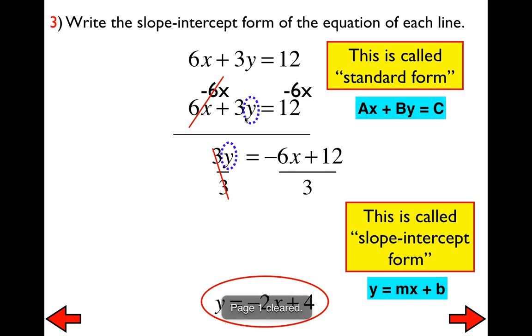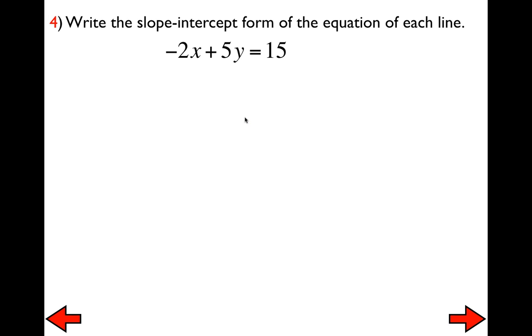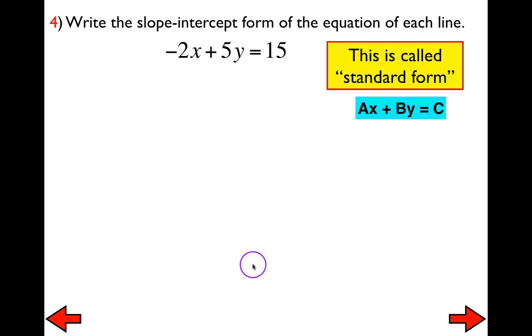Okay, so now, moving on. Let's try number 4 together. Again, we currently have it in standard form, so it's not already in slope-intercept form. I'm going to go ahead and work on isolating y to get in the form of y equals mx plus b. So first things first, I'm going to go ahead and circle the y